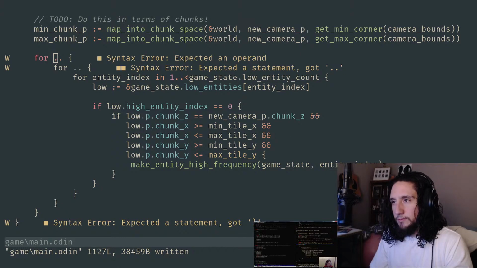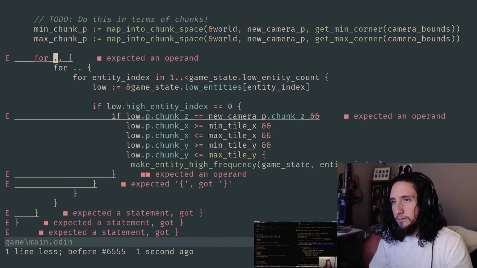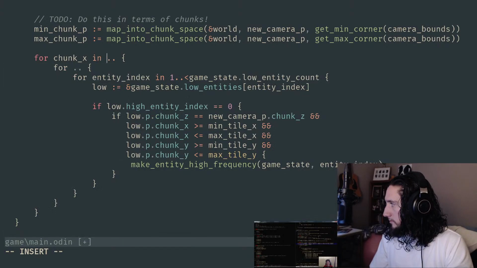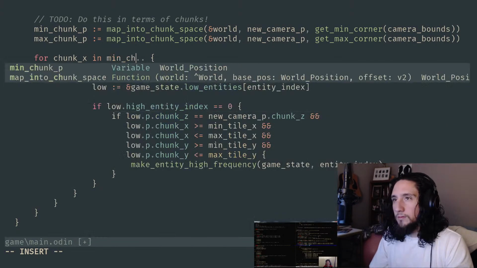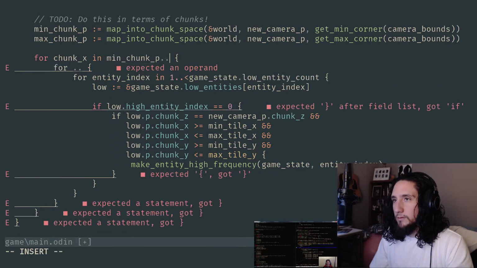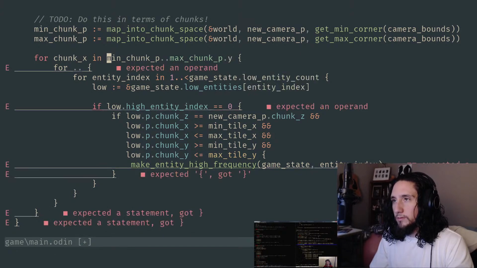Let's see here, where's the position? Right, here they go. So I've got my chunk X, and that's going to start from the minimum chunk X, right? And then it's going to go until it reaches, and we actually want to include, because this is the chunk that actually includes the maximum bound of our rectangle, right? So I'm going to include it there. So this will loop over from the min chunk to the max chunk X. And I guess I want to go by Y first. That tends to be our conventional, although since we're going through a hash table, in this case it doesn't matter which one we're looping over first at all.